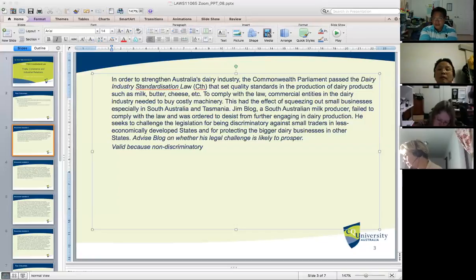Okay, clear? Now, however, before we in fact talk about the issue of whether or not this particular law is relevantly discriminatory and is of a protectionist kind, there is another issue that we need to deal with. So we're jumping the gun actually in a sense when we started talking about whether it is impermissible discrimination that we are dealing with. What is that other issue that we need to